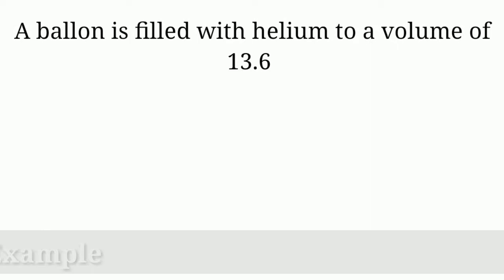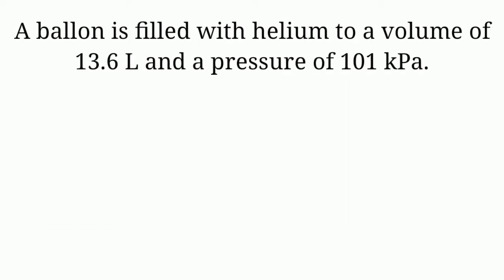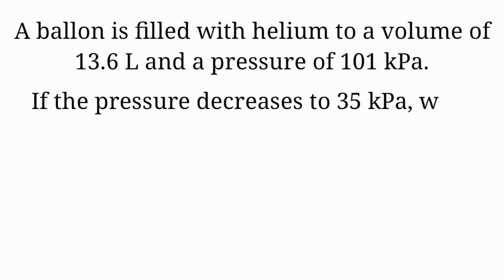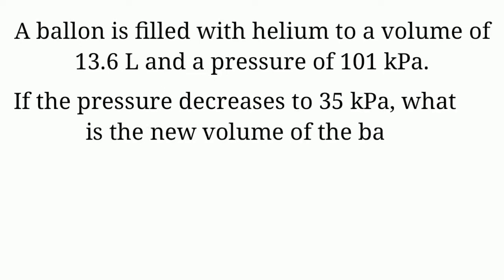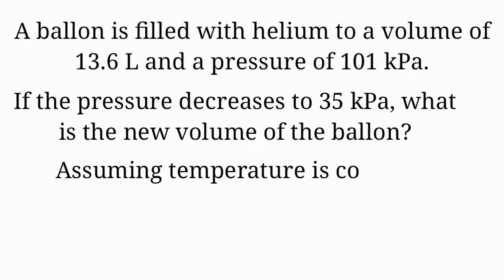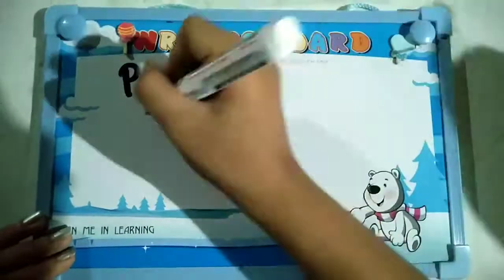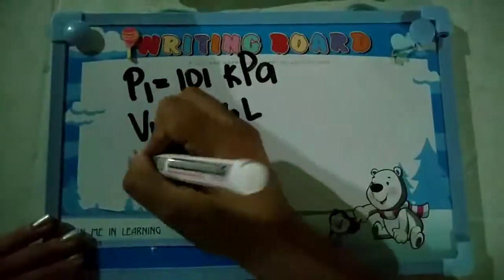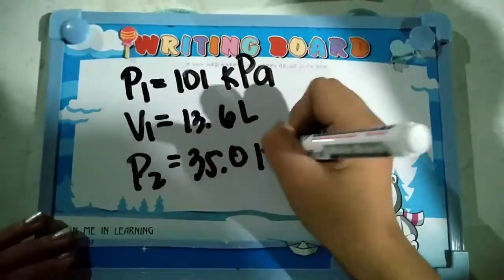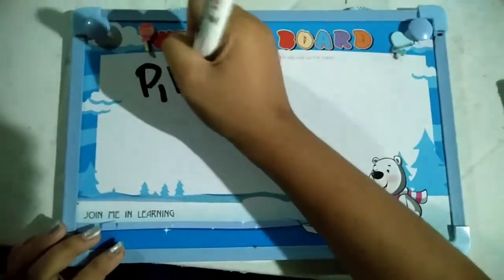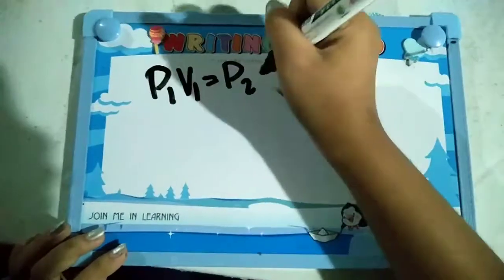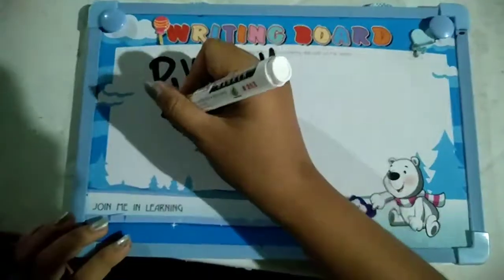A balloon is filled with helium to a volume of 13.6 liters at a pressure of 101 kilopascal. If the pressure decreases to 35 kilopascal, what is the new volume of the balloon? Assuming temperature is constant. The given are P1 equals 101 kilopascal, V1 equals 13.6 liters, and P2 is equal to 35 kilopascal. Since the pressure is inversely proportional with volume, the formula of this law is P1 times V1 equals